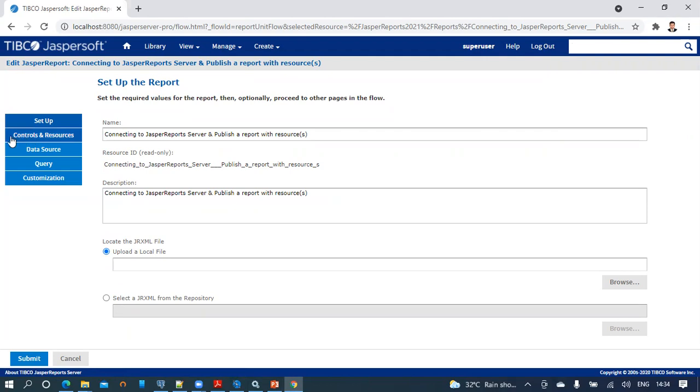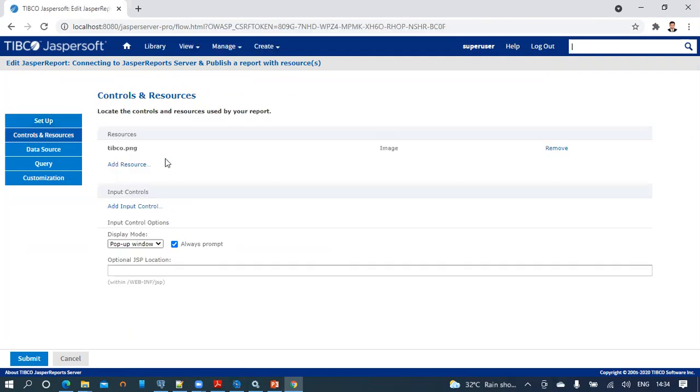If we click on Controls and Resources in the edit page of the report, we can see that the available resources are listed here, which in this case is tibco.png.